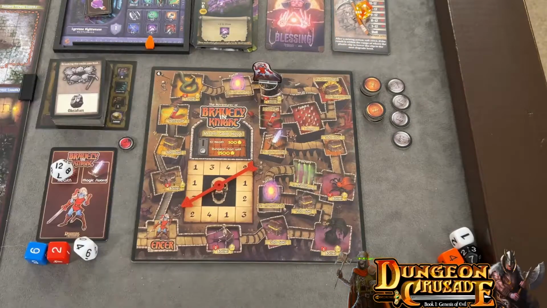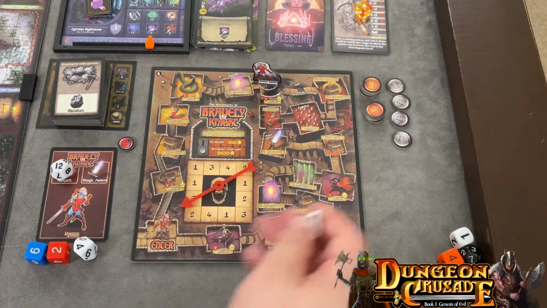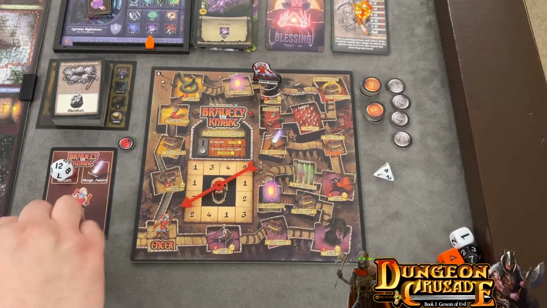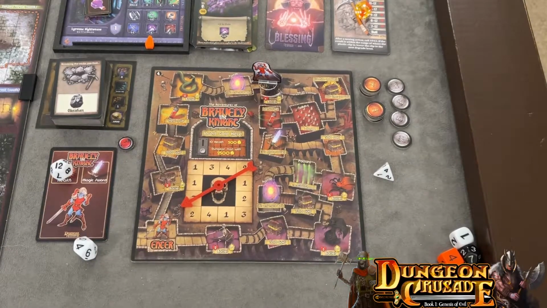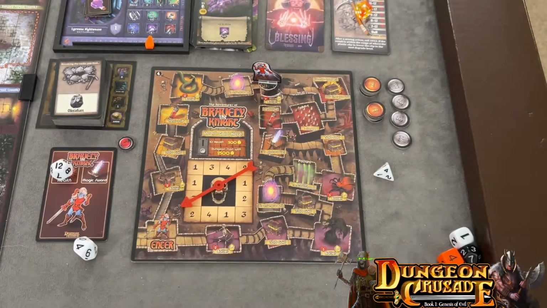Oh, dun, dun, dun. It's a battle! Alright, so let's put this right here. So this is where we do battle. So this 4 is going to represent our enemy's health. We have a blue D6 and a red D6. So the way combat works is we're going to roll these 2 D6. The blue is Bravely, the red is the enemy. And